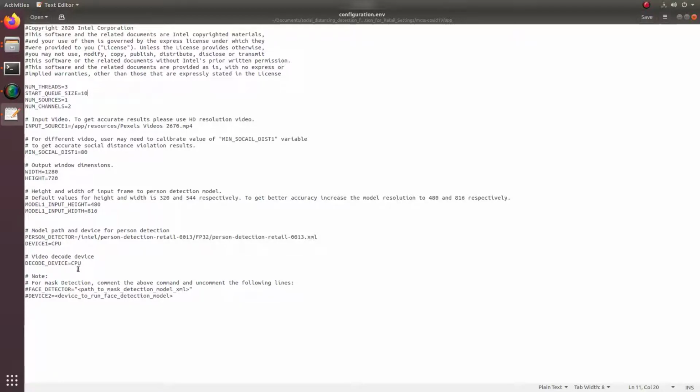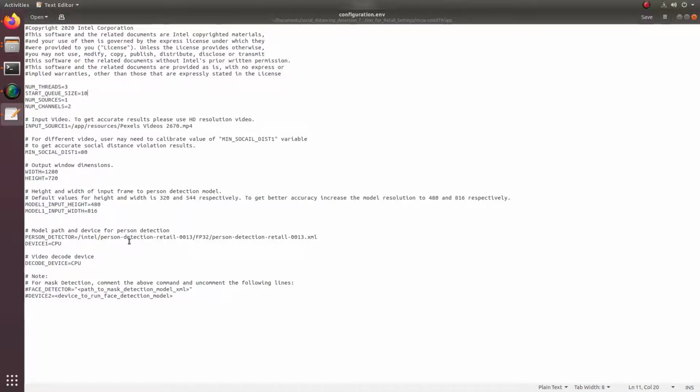You can also change the inferencing model or use multiple models for this application. We will cover all these customizations in the next part of the video. Now, let's move forward with running our reference implementation with a test video.